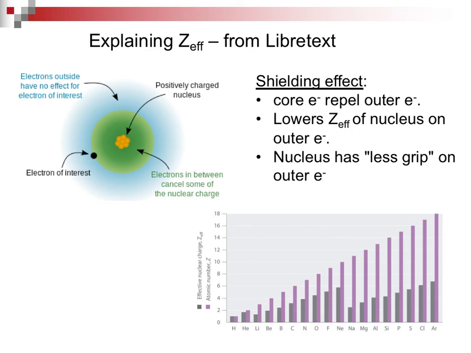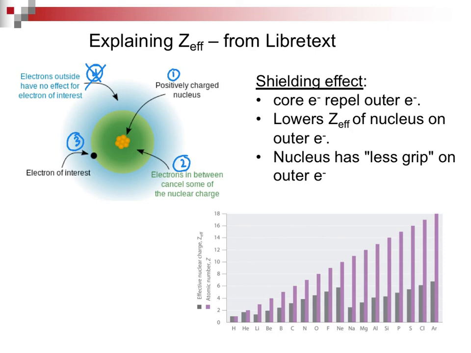So we will say, first of all, we have a positively charged nucleus. There is where it points to it. Then we have electrons in between, and they're going to cancel some of the nuclear charge. And then we have our electron of interest. We also have electrons on the outside, but they have absolutely no interest. That's our electron of interest. And that normally is the one taking part in the chemical reaction. It's the electron in the highest shell.